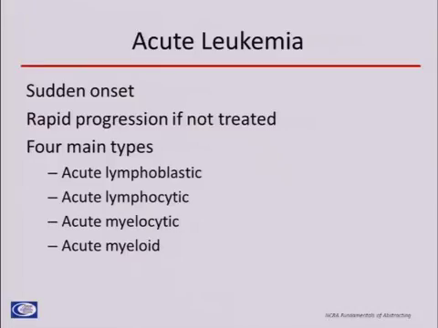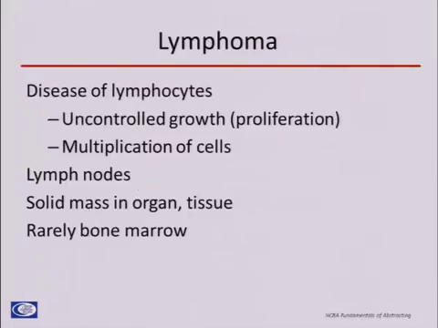And those kids or adults are quite sick. Acute leukemias are more common in kids than in adults. Now, lymphomas happen to be diseases of lymphocytes where we have uncontrolled growth of the lymphocytes, the white blood cells. And with that, they can start to clog lymph nodes when they start to recirculate back in. They can form and collect into solid masses in organs because your lymphatics, the